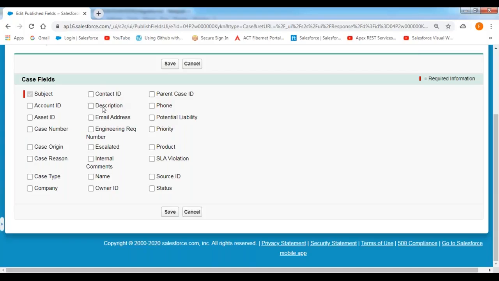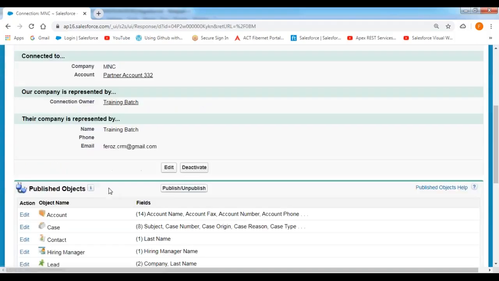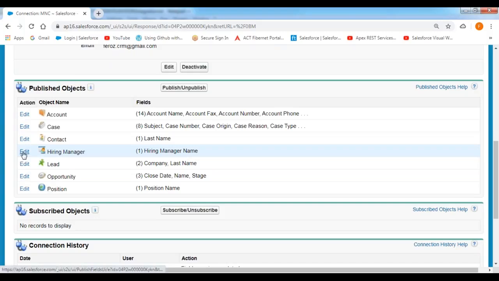for the case object, I'm going to be exposing the case number, case origin, case reason, case type, and then case description, and the priority, status. All this information I would like to expose over here. These are the fields I would like to expose to the third party people. Now click on save. In a similar way, when you go to my hiring manager object here,